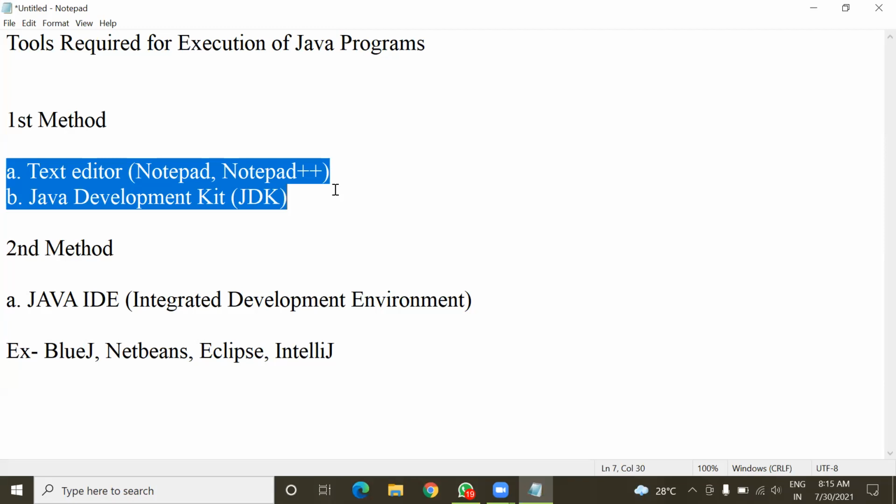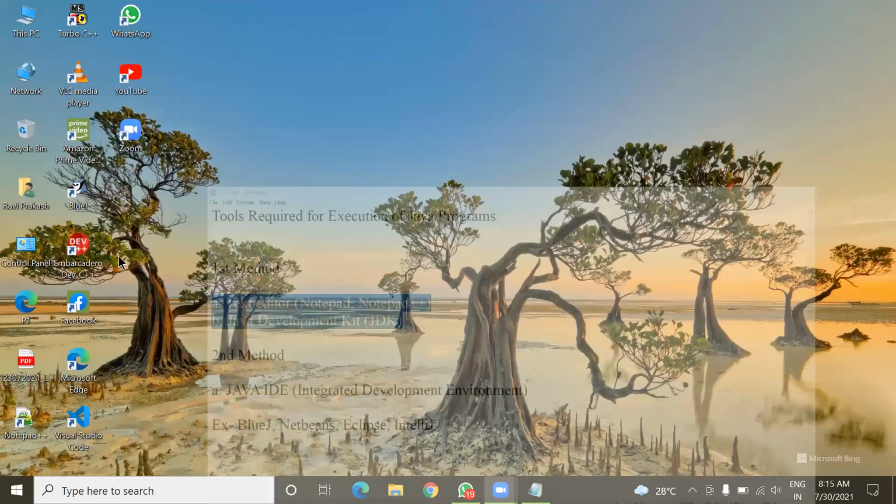This is your first time with a Java program, so don't think that you'll become an expert right from the first program. Just see how these things go. Here I am going to open a text editor. This is Notepad++.